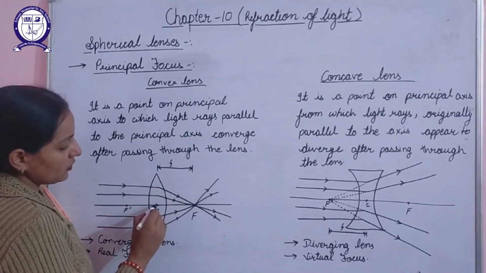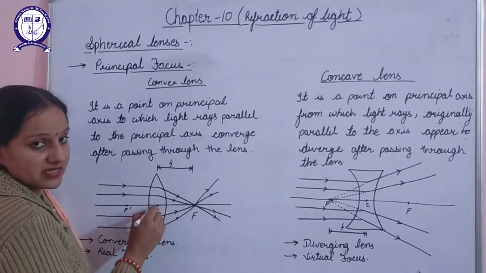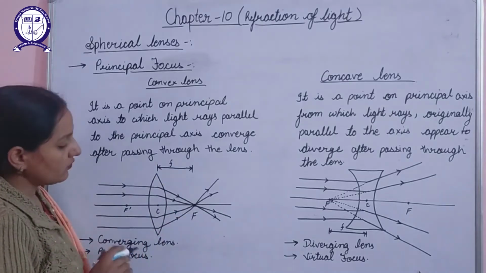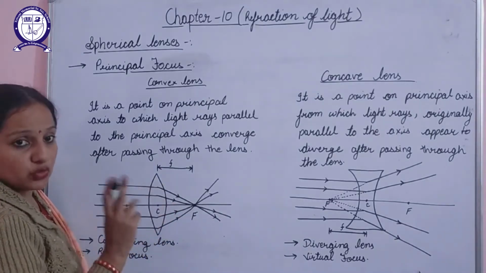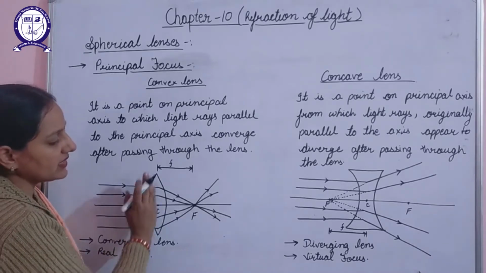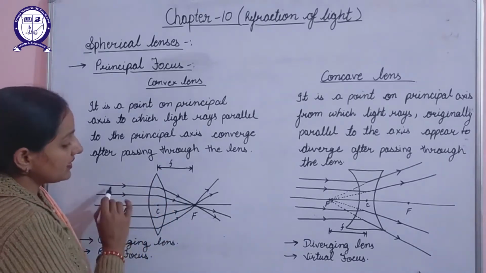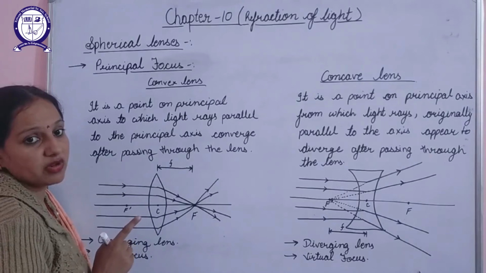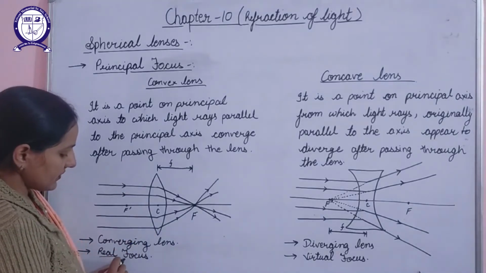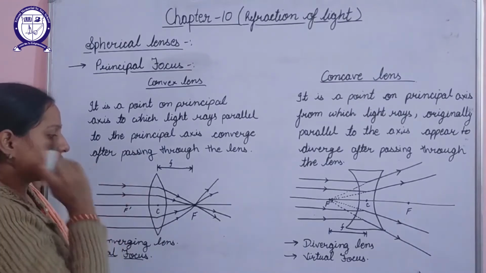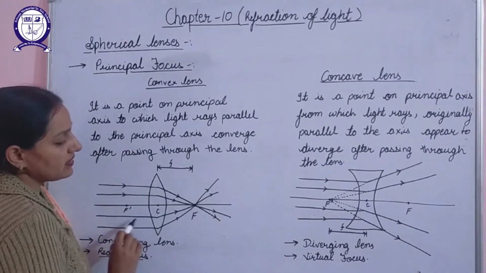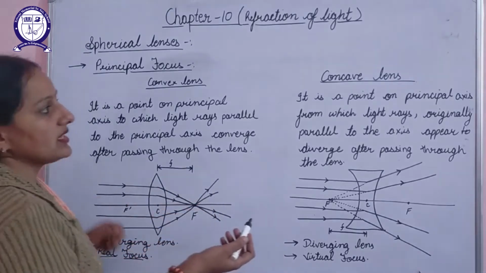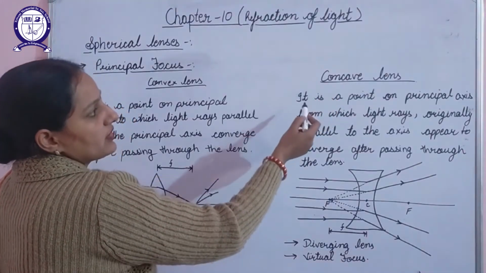And the focal length. Focal length is the distance between focus and optical center of a lens. That is represented with small f, and here this represents focus. Every lens will have two focus. One lies on the left hand side and the other lies on the right hand side. But here the rays of light are actually meeting, so we can say that the focus of a convex lens will always be real. So we can say that it has a real focus. If we talk about the nature of a lens, as it converges the parallel rays of light, this lens is converging in nature.